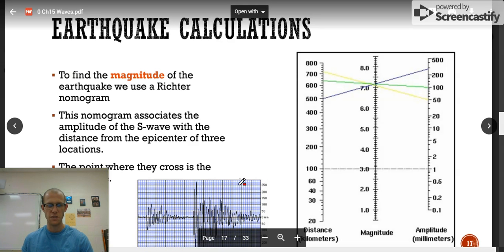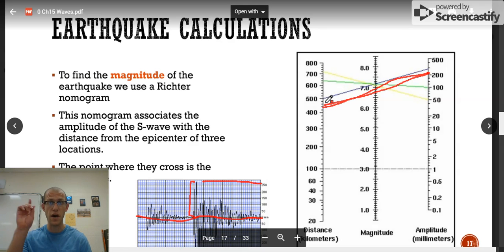So if we look at the seismograph, we have the center line running right through there. This right here is the amplitude. So it looks like this amplitude is around 270 millimeters. So we would look for 270 on here, and then we would connect the dot from our amplitude to our distance dot, whatever we found that to be, draw a line to it using a straight edge, and we would do that